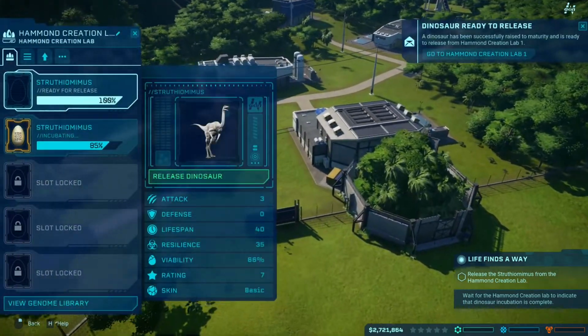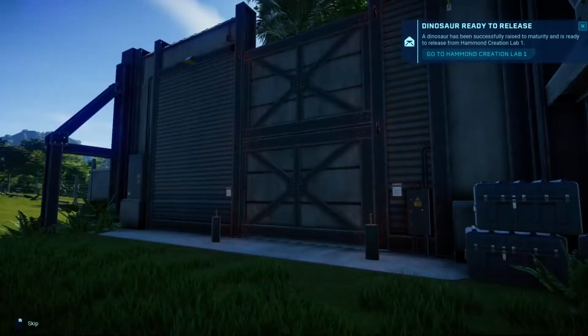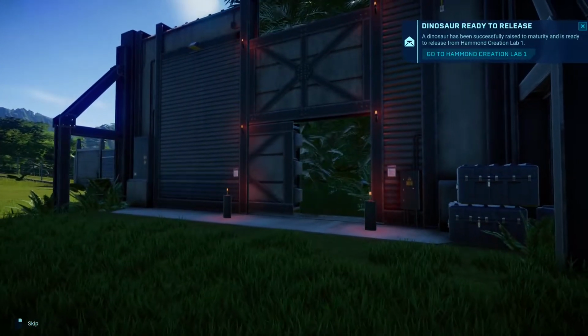This is how you hatch your dinosaurs. When you're ready, you release them from this pen, and you get this really cool cutscene of the dinosaur you release,